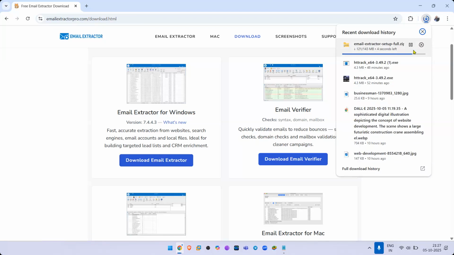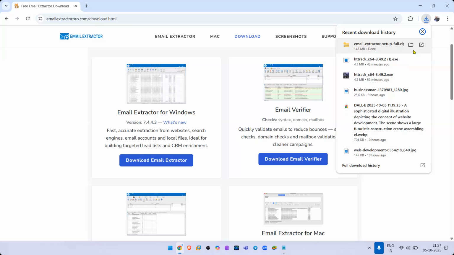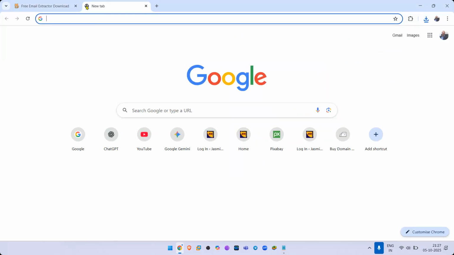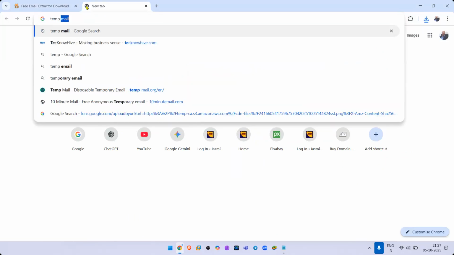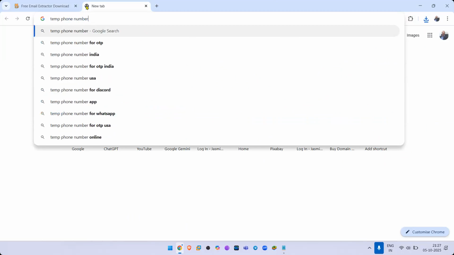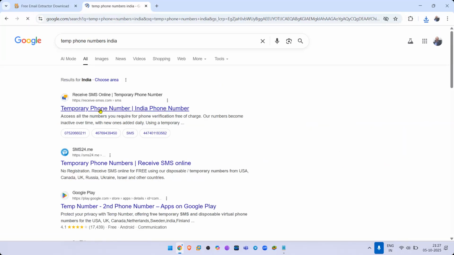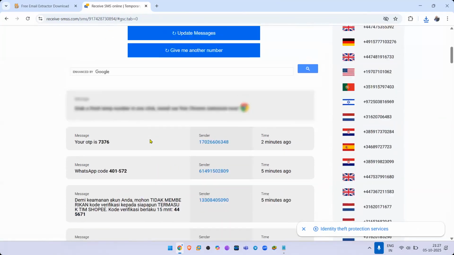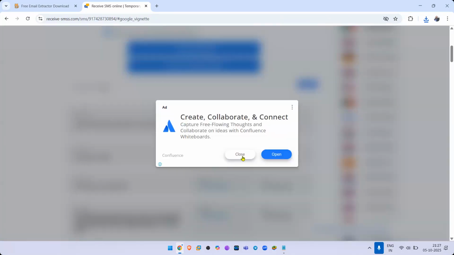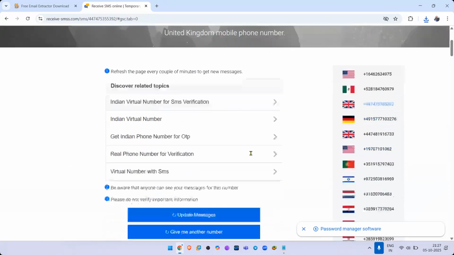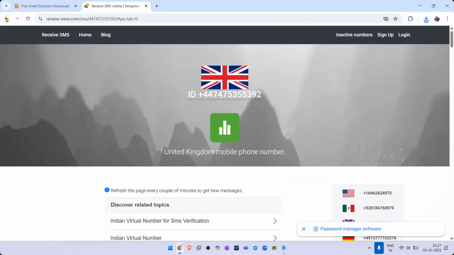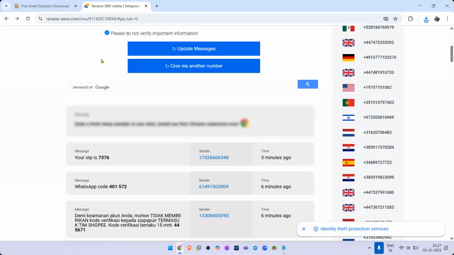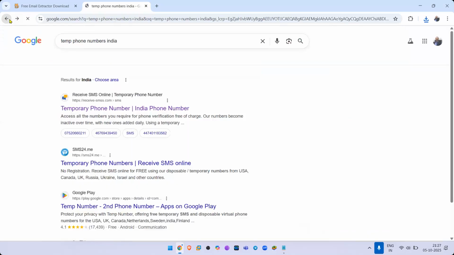Yes, Farhan, I already replied to your comment earlier. Yes, for OTP, there is an alternative for mobile also. We were going to come to that, but since you are asking right now, there are temporary phone numbers, India, for example, and you can receive SMS online. It's not just for India, you can have it for any country. If you want Great Britain, you can do that, United Kingdom phone numbers, and so on.